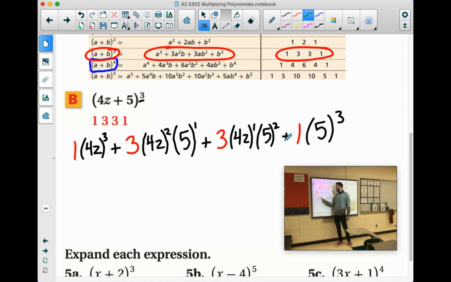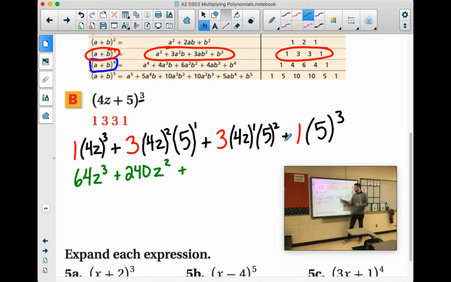So 4 to the third power, 4 times 4 times 4 is 64, times 1 is 64. So we'll have 64z to the third power. 4 to the second is 16, times 3 is 48, times 5 is 240. And we have z to the second power,